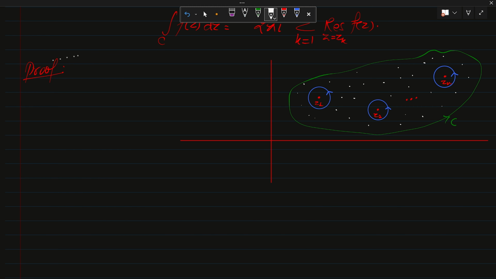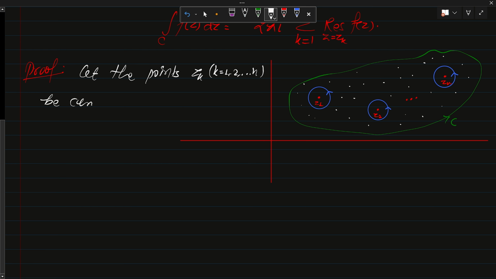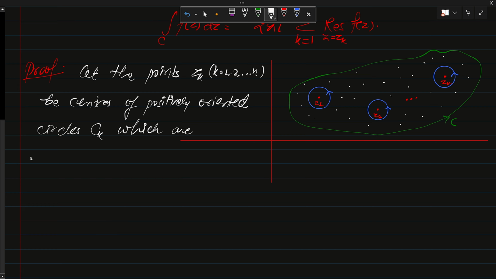Okay, I am writing that let the points zk, where k is equal to 1, 2 and n be centers of positively oriented circles Ck, okay, which are interior to the curve C, and you can see are so small